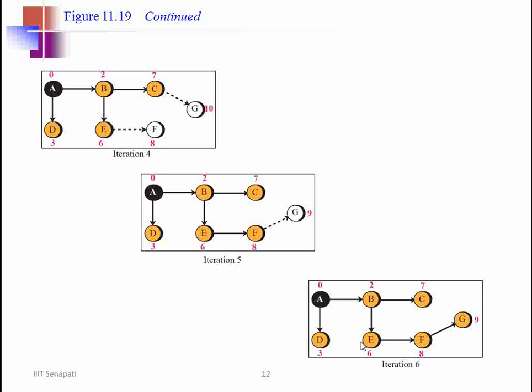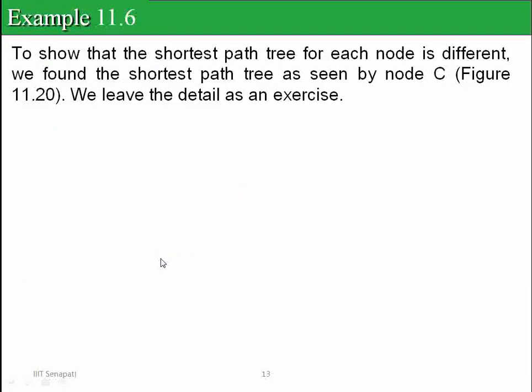Depending on this shortest path tree, you will form a table, where you will mention that from A you can reach A in 0 distance, 0 metric, I should say. From A to B you will reach directly, without any other node in between, in 2 metric. You can reach D with 3 distance. Similarly, these things you will fill in.